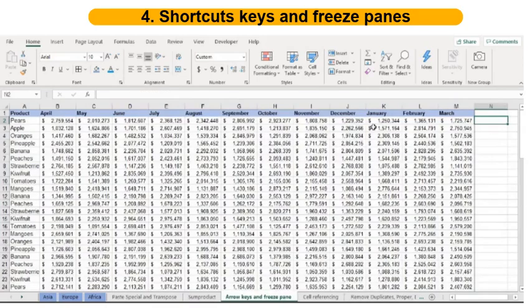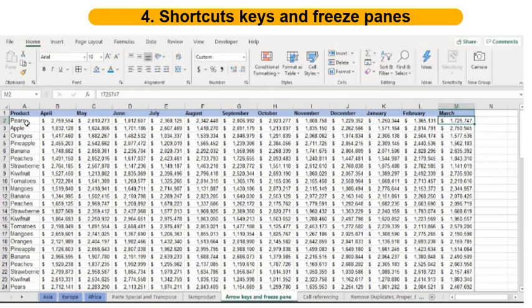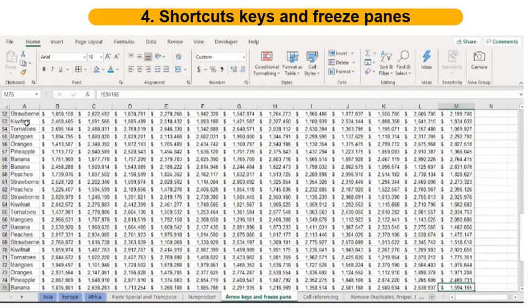Fine. Next I'll show you how you can quickly navigate across a table. Say if this table has so many columns, it will be very difficult for you to go from one end to another. So you want to go to the rightmost cell. You select Control and the right arrow key. So you want to go to the downmost cell. You select Control and the down arrow key. So you want to go to the leftmost cell. You select Control and the left arrow key.